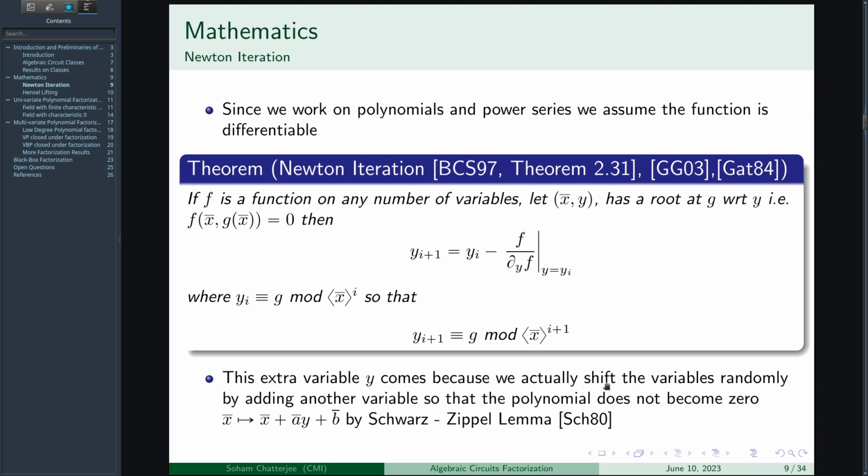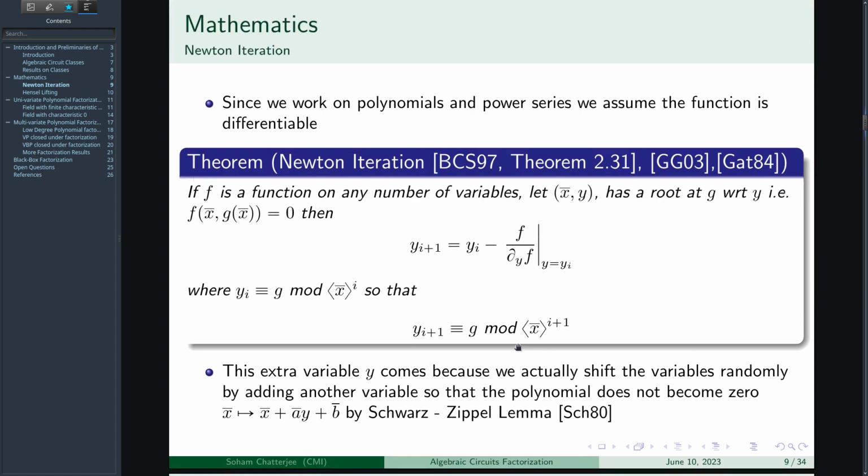So basically this theorem means that if I have g as a root and I delete all the degree i and higher terms of g, then it will be equal to y_i. That's what basically it means. So you will approximate degree-wise from 0 to higher. Now,